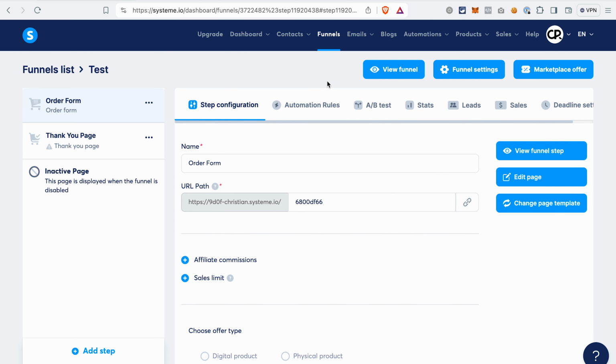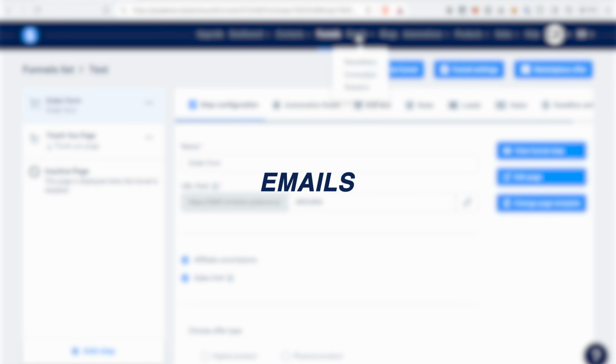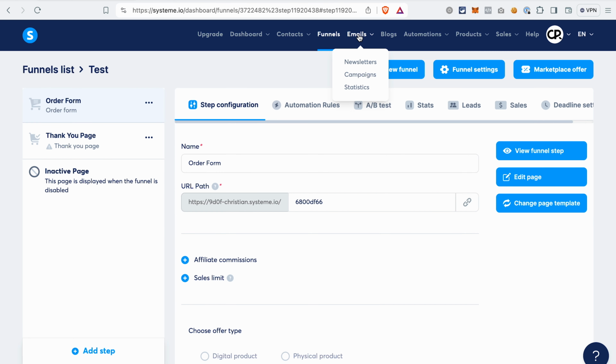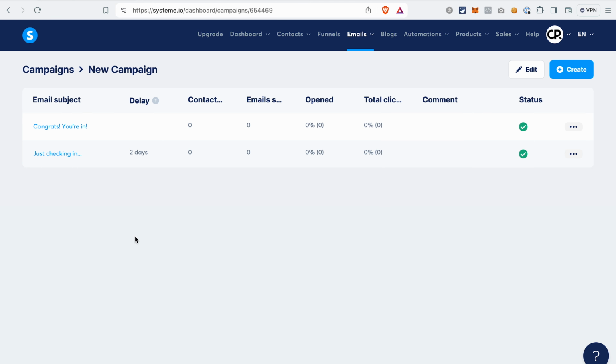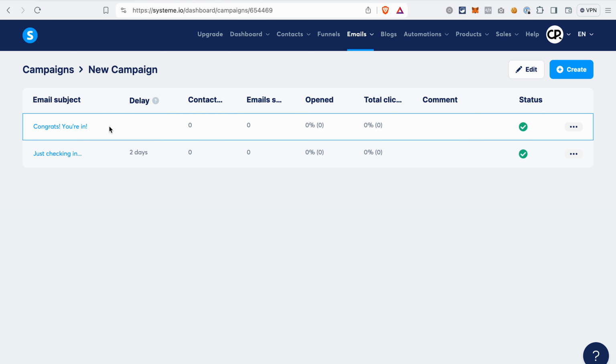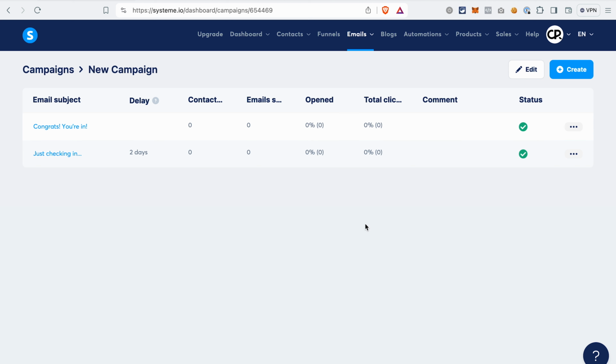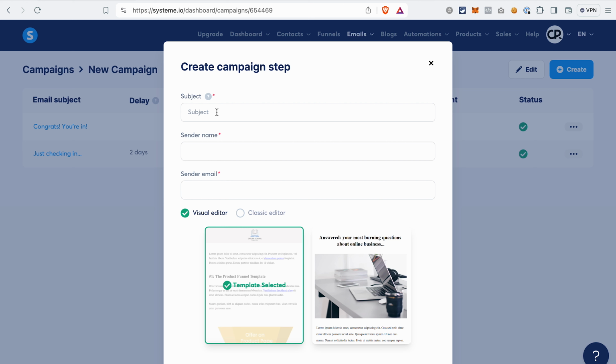With that, we got funnels covered, and now let's move to emails in System.io. As mentioned before, you can create one-time emails, which are called newsletters in System.io, and email sequences, which are campaigns. I have one campaign here. When you open it, you will see all the emails that you have in this campaign or in this email sequence. To create a new email, you just click Create, then enter the subject of the email, the sender's name